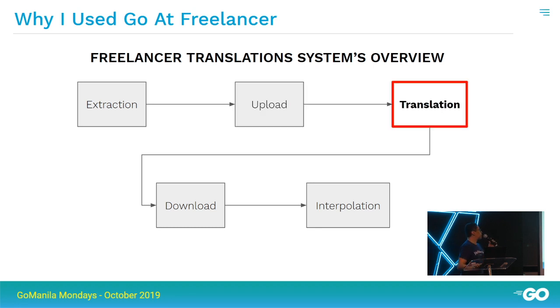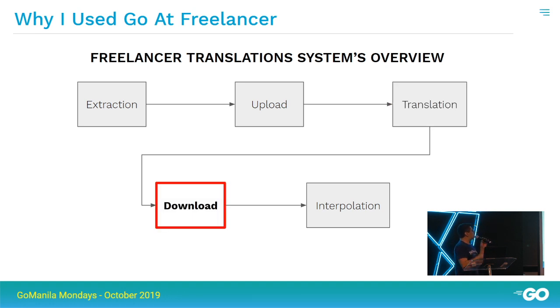The third step, which is the translation step, we have something called a translations panel. Everything that was uploaded shows up in this little web interface so that our translators can go in there and do their thing and translate it. If you're a Spanish translator, you see it in English and you translate it in Spanish. If you're a Filipino translator, you translate it in Filipino. If you're a French translator, you guys get the point. So that's the process that's somewhat manual. We do have a web application that assists translators in doing this, but it is manual because the translators have to manually go there and translate.